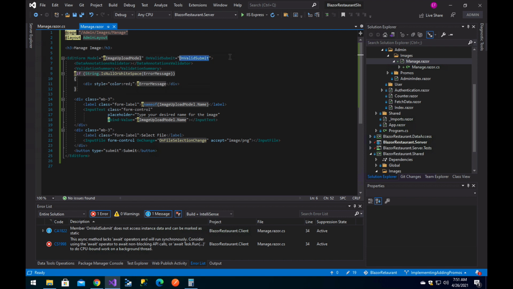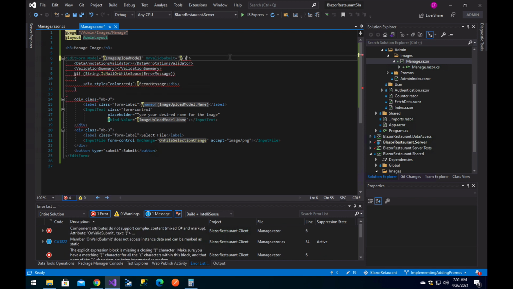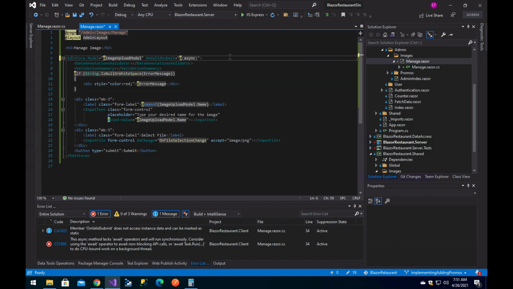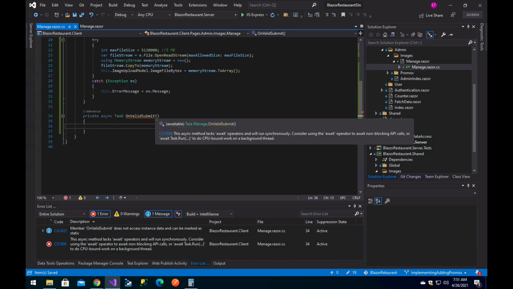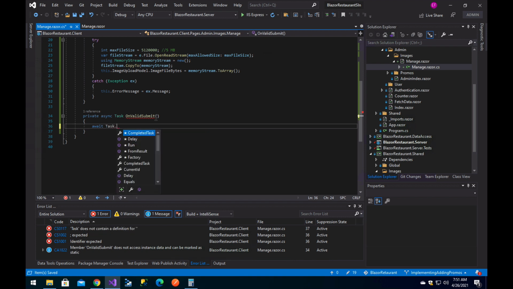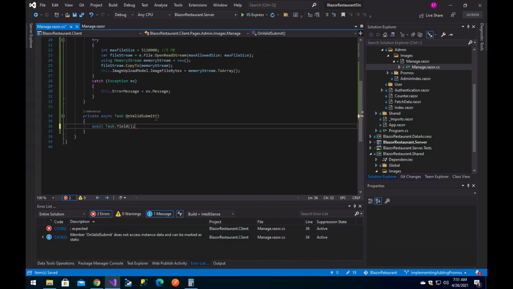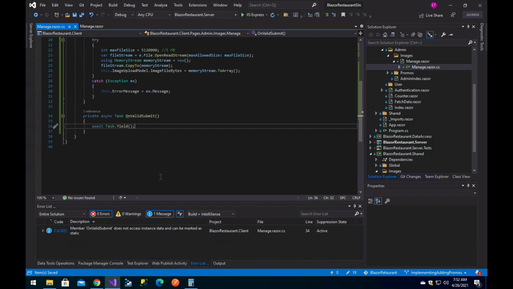Okay, so async. Okay, and for the moment I am just going to do this so I don't get errors. Okay,